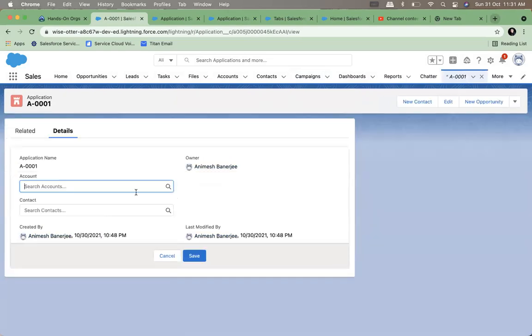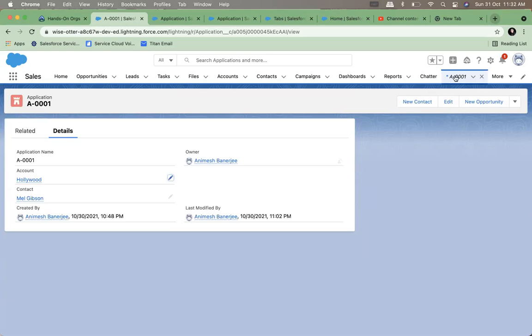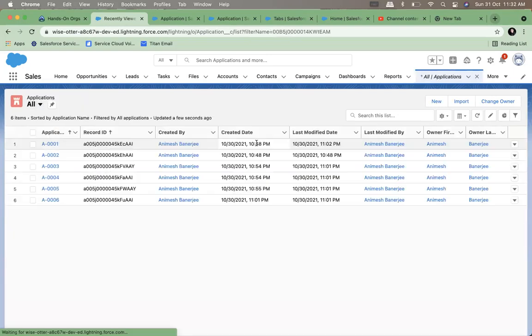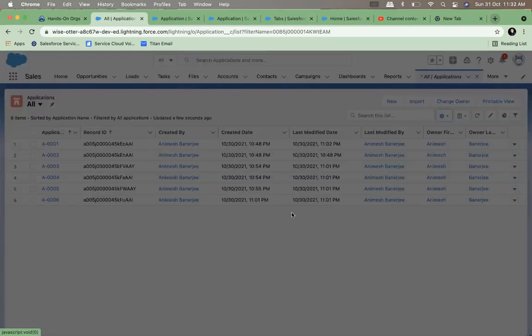Your account is also blank. Do I have all the fields? Let's check that. I will now add 2 fields.